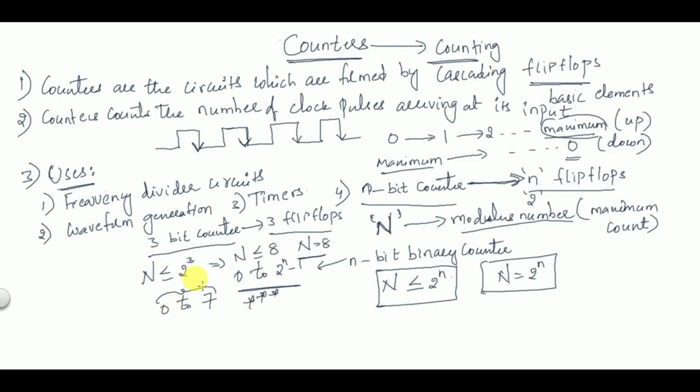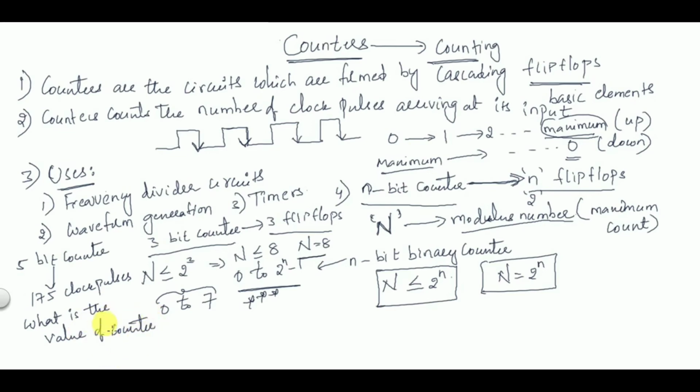Sometimes they may give you questions like: suppose a 5-bit counter is used, after 175 clock pulses, what is the value of the counter? That is, what count does the counter have? They will ask you this.